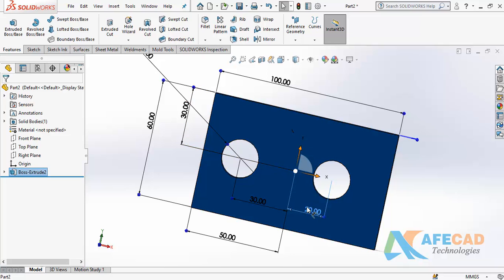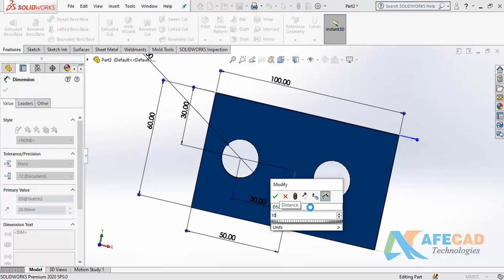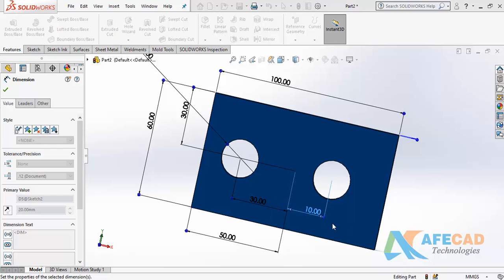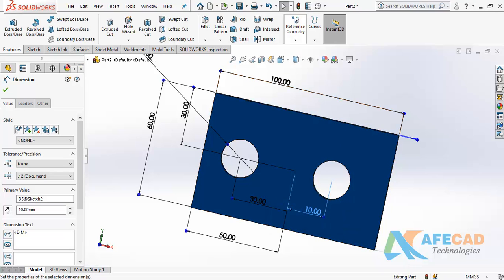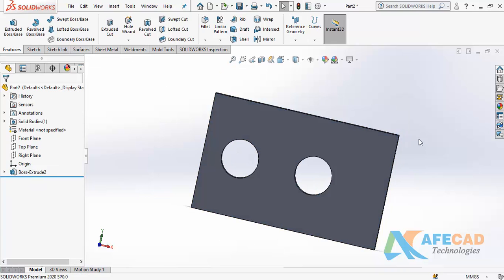If I change any value, it's 20, it can be, let's say, 10, and I can change both of the values. I can rebuild to update. It can differ, the entire object, the entire design can change. That is not the requirement of the future. So how will we apply the constraints?